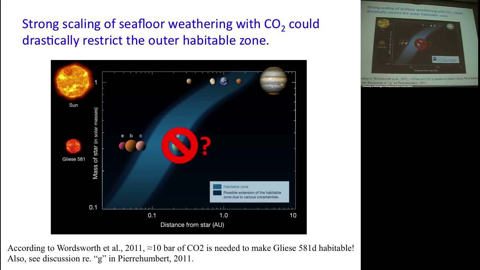GCM calculations suggest you need something like 10 bars of CO2 to make this planet habitable. Well, if seafloor weathering limits you so that you can only generate 1/10 of a bar, then you're not going to be able to keep that guy habitable, at least with the classic mechanism of just increasing the CO2. So that's why this is important.